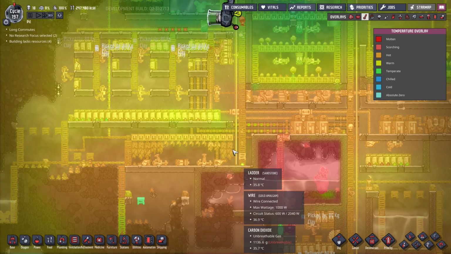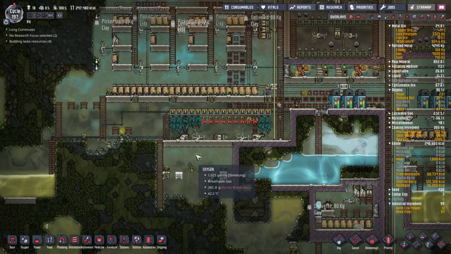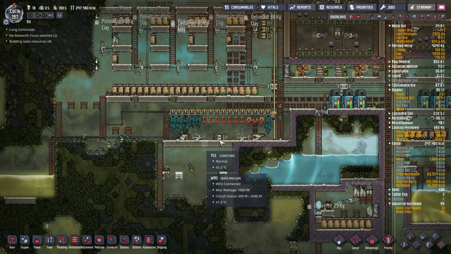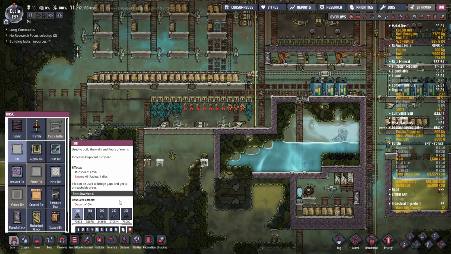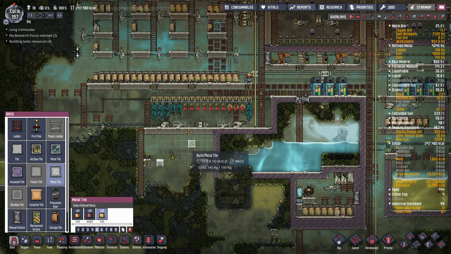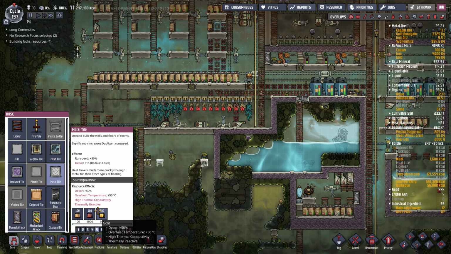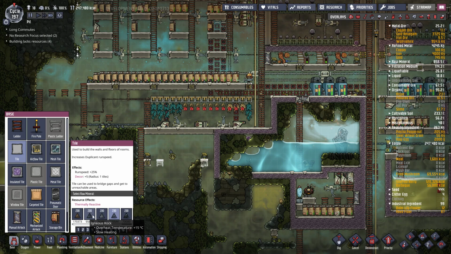Oh, the body temperature problems are real. I can't believe that this isn't heating up more. It's all like 42 degrees down here. I need to... I wonder if I could... Oh, why is it so expensive? I was thinking I could do metal tile there, but I didn't remember that being refined metal. And that's pricey to do this. It would be cheaper just to... Maybe we can do a...